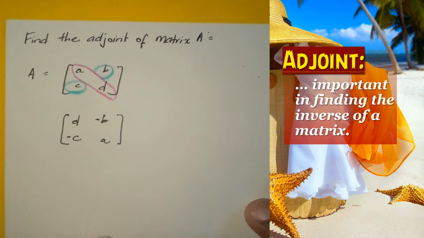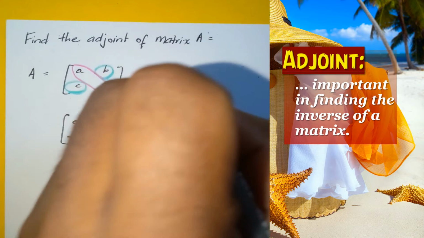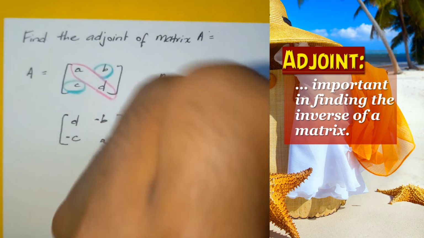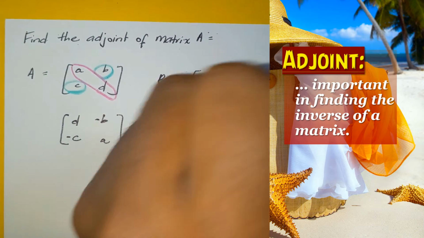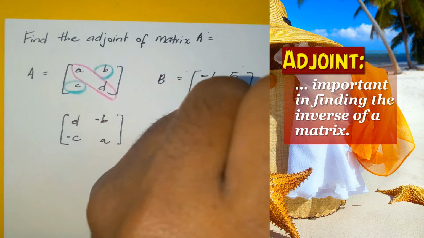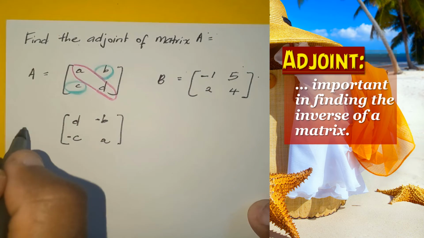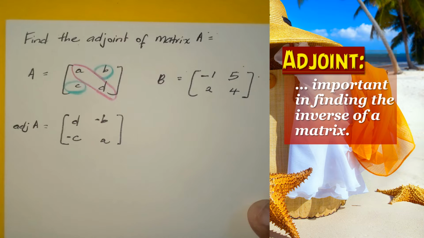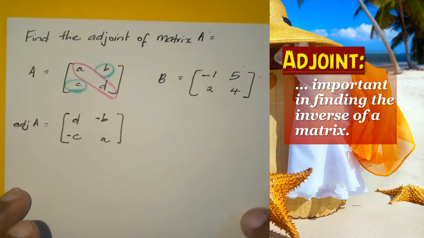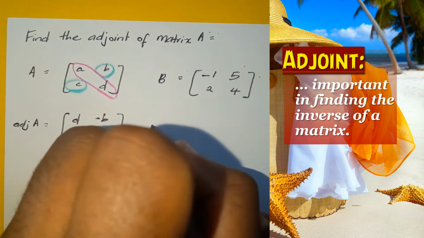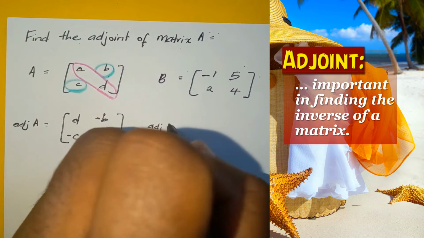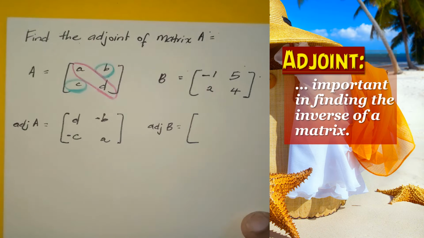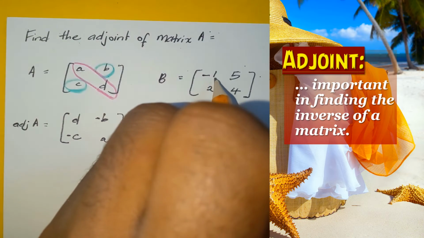So if we had the matrix B, and B is going to be -1, 4, just I'll make up something right now. We'll show you an example. So this is the ADJ of A. That's the adjoint of A. So if they ask you to find the adjoint, the ADJ of matrix B, if you want to, what you can do is label it